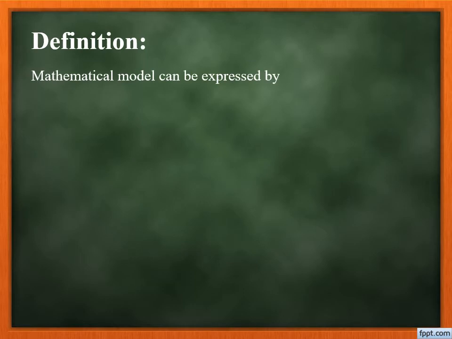So for the definition, the mathematical model for growth or decomposition can be derived from the definition that the derivative of your population with respect to time is proportional to the population. So deriving the mathematical model using the definition for growth or decomposition,